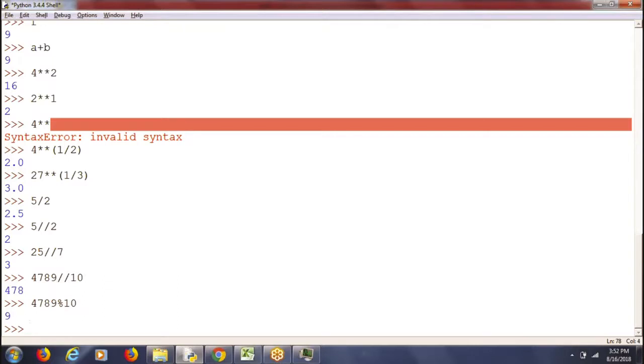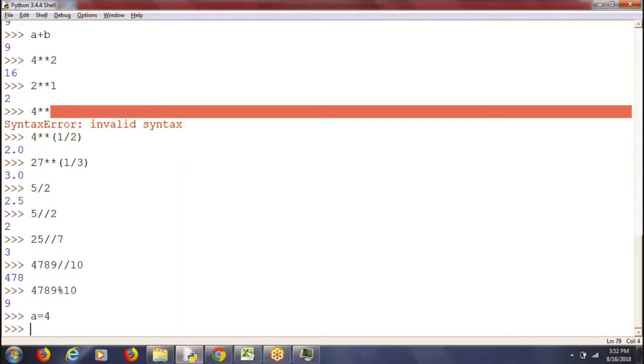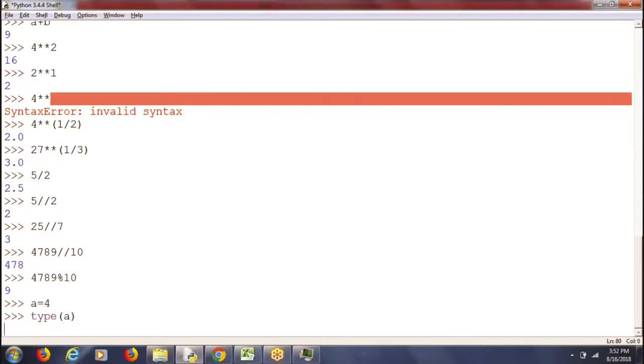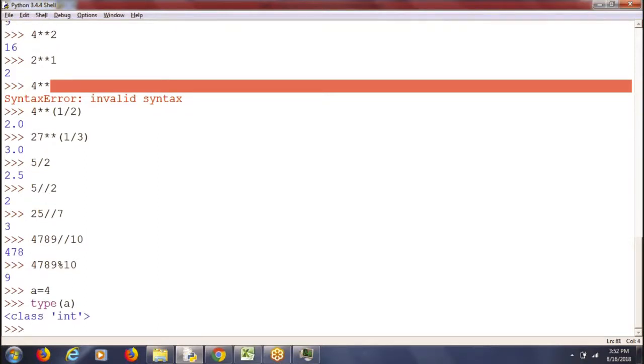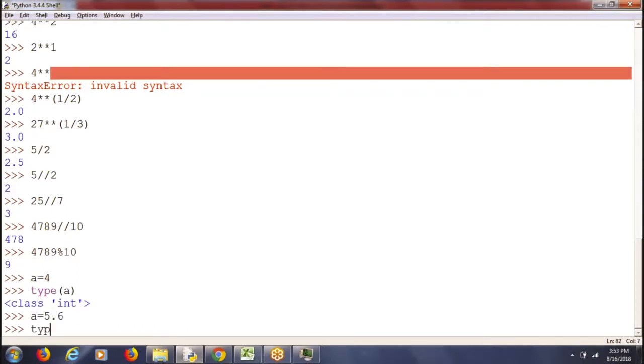Right now if I say a is equal to 4, there's a function called type in Python, type of a. It gives me the data type of the value that is referred to in a. It says integer class, int class. And if I say a is equal to 5.6 and ask for type of a,